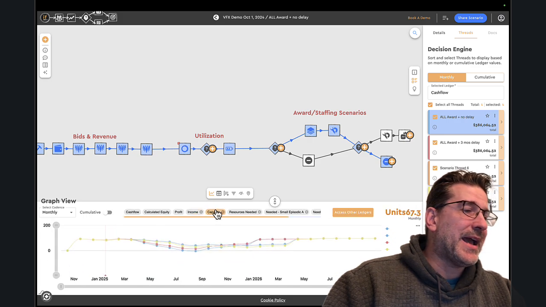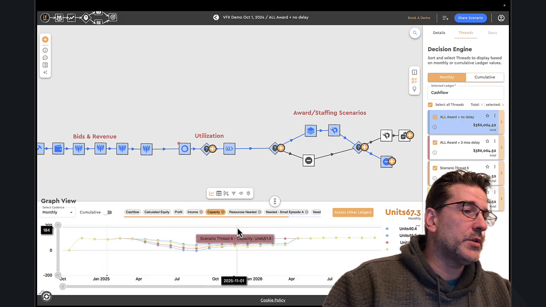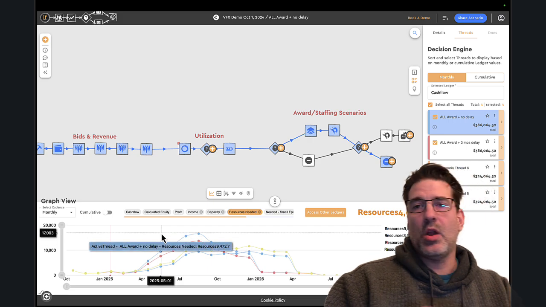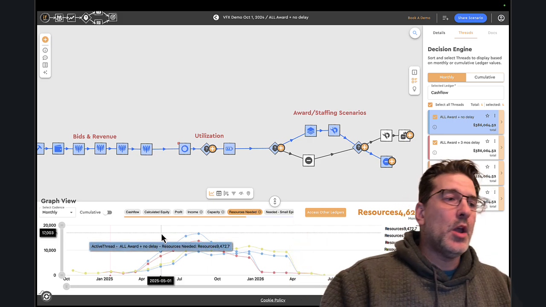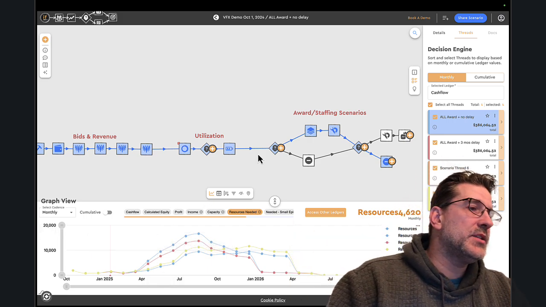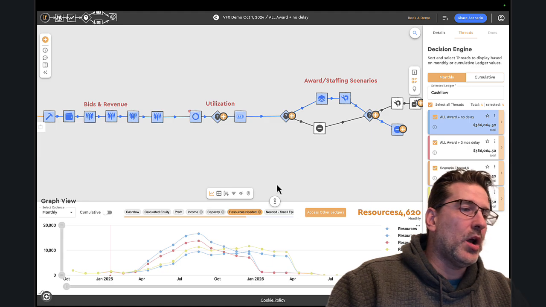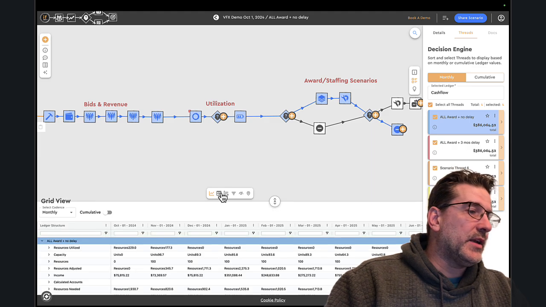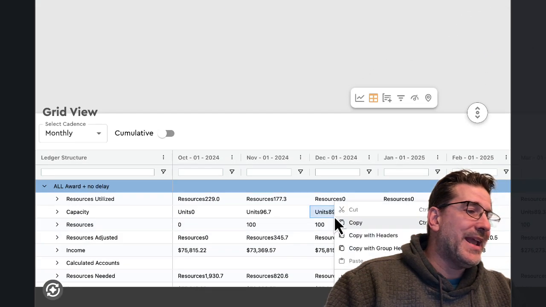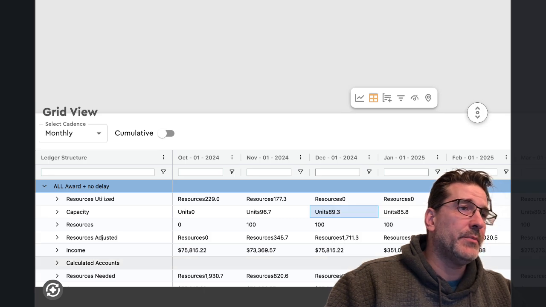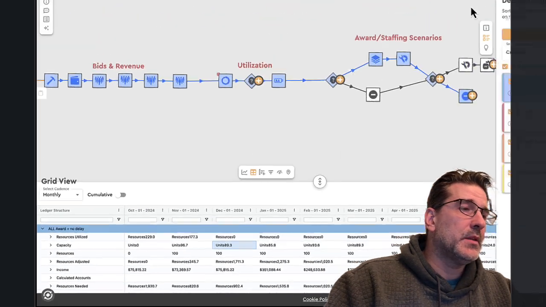I can see what my capacity looks like, where I'm going to be short, resources that are needed. All of that's kind of graphing out in real time. Pretty cool, right? But what that ends up doing is generating a lot of data. So for example, if I look here, I've got 4 different models, and even something as simple as this, if I export this out to a CSV file, for example, and let's pop this up.